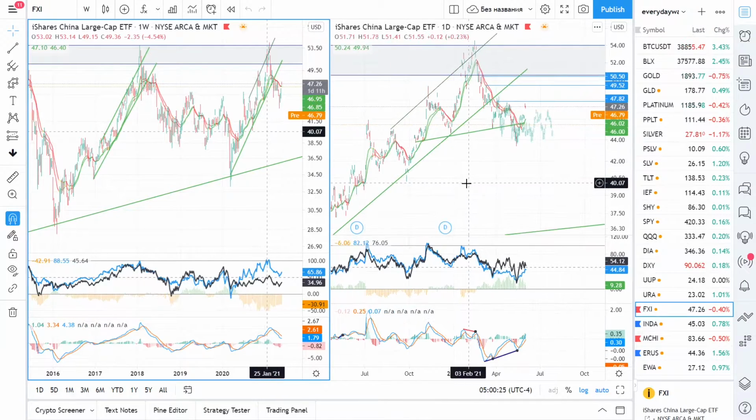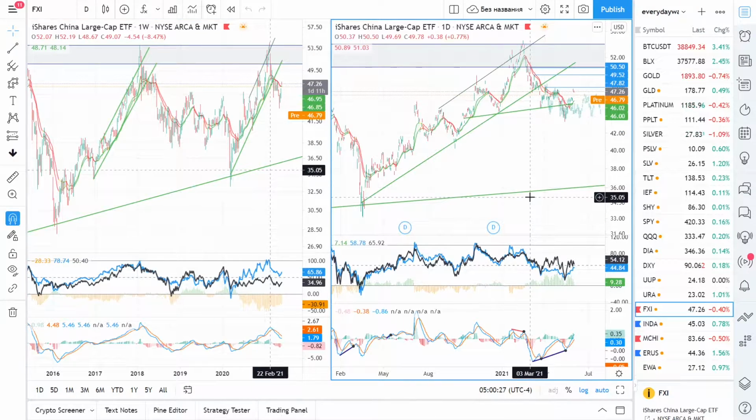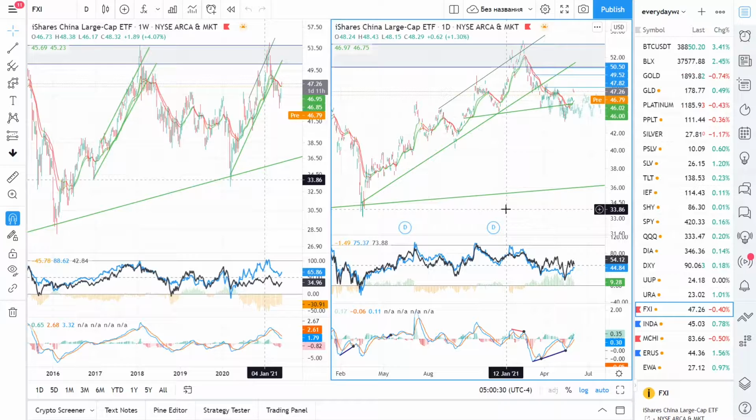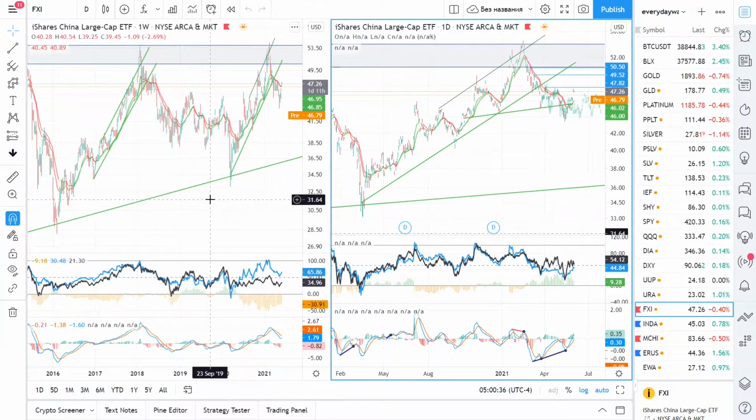And you probably heard the news recently that China is tightening the belt on crypto. And well, the people that have been in the cryptocurrency space long enough will remember